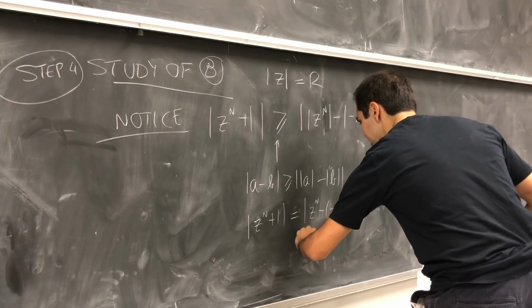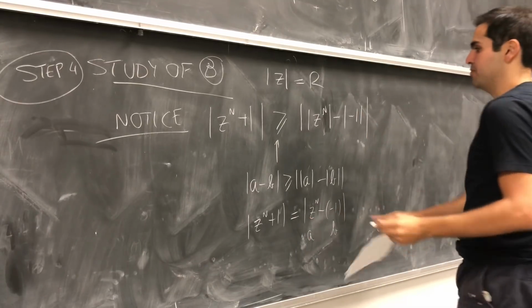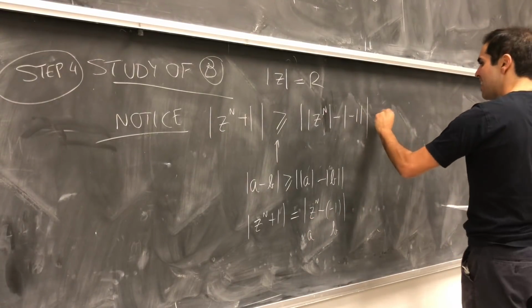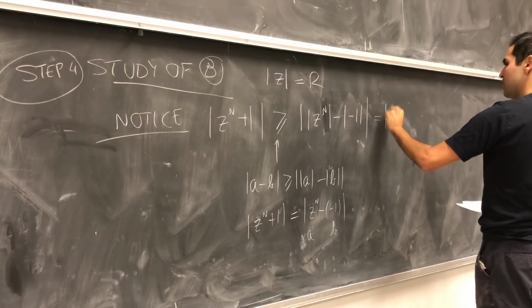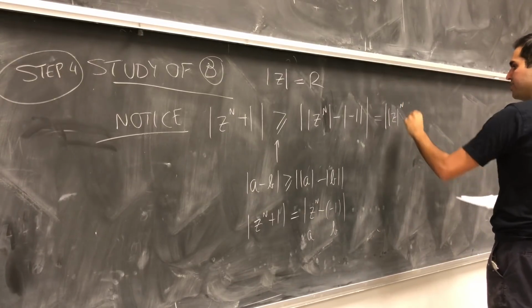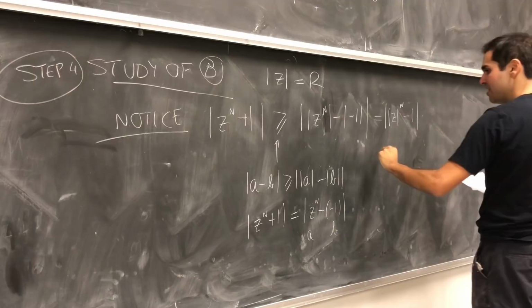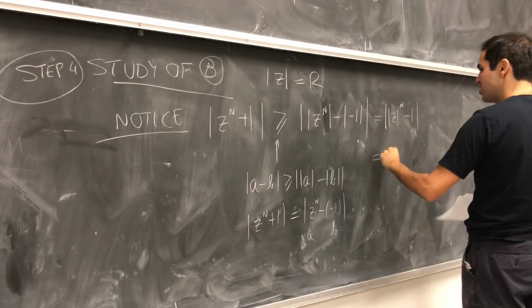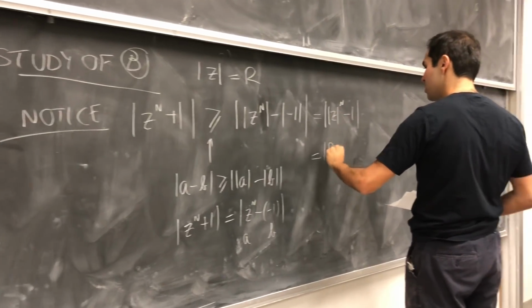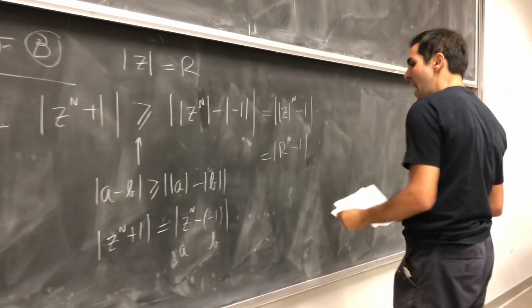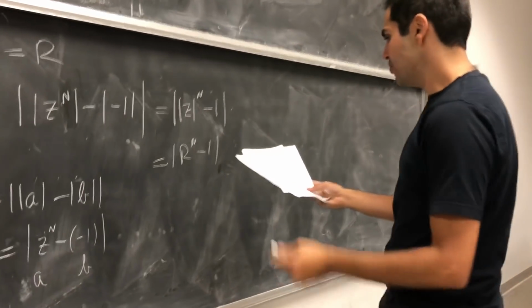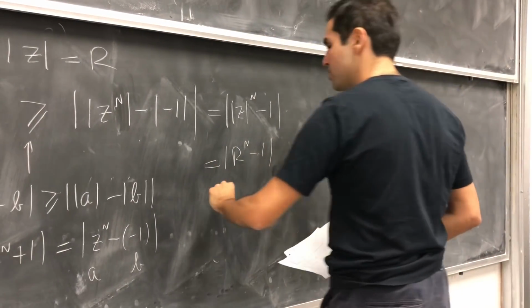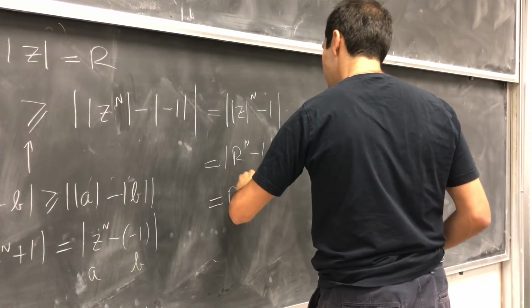So our a is z to the n, and our b is minus 1. So in the end, this becomes the absolute value of the modulus of z to the n minus 1. But remember that the modulus of z is just r. So we get the absolute value of r to the n minus 1,